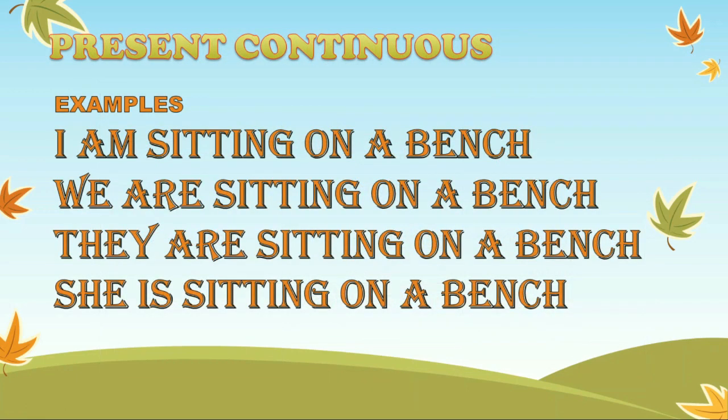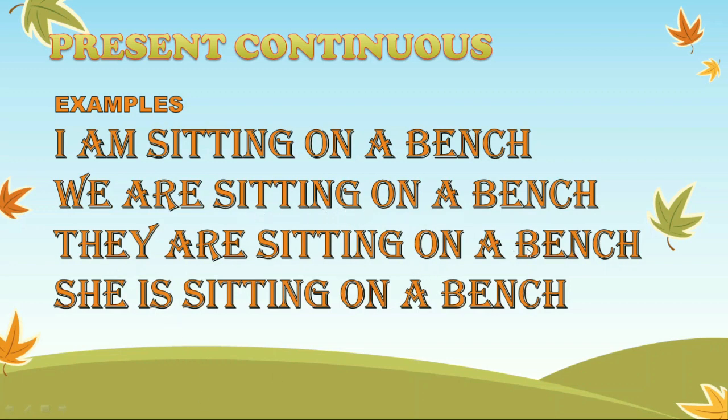So, according to the rule, in present continuous tense, we are using helping verb is, am and are plus ing form of the verb. Now, in these examples, you can see here that I am sitting on a bench. So, we have used am as a helping verb here because this is a singular number, and with I we always use am. Now, we are sitting on a bench. So, this is first person plural number. So, we are using are as a helping verb here in this sentence and ing form of the verb.